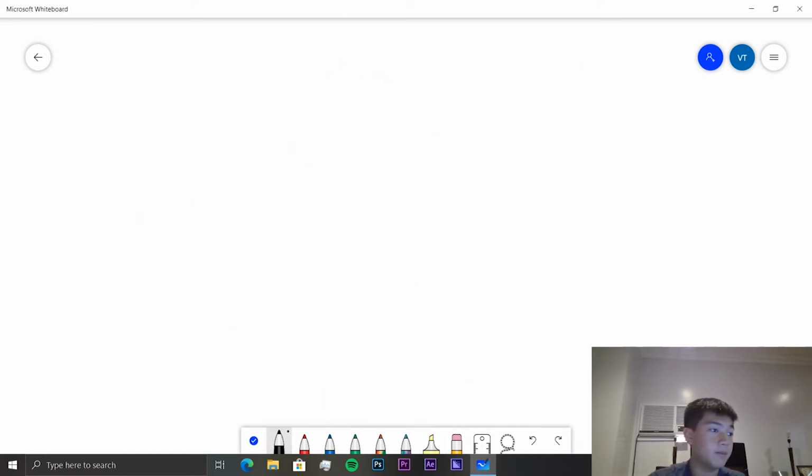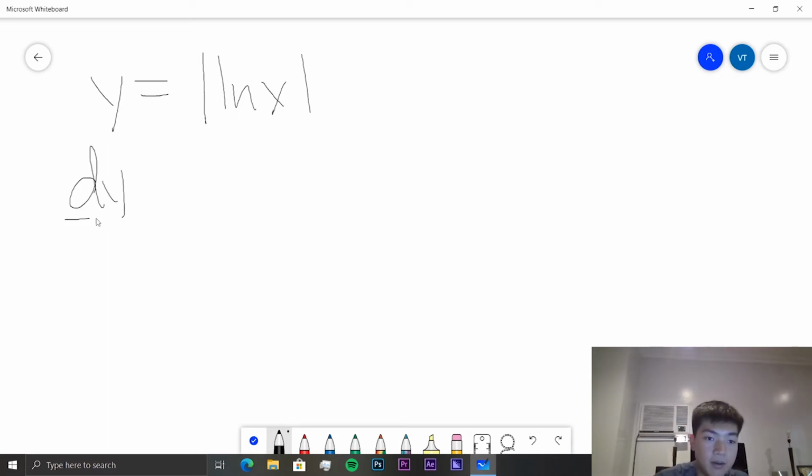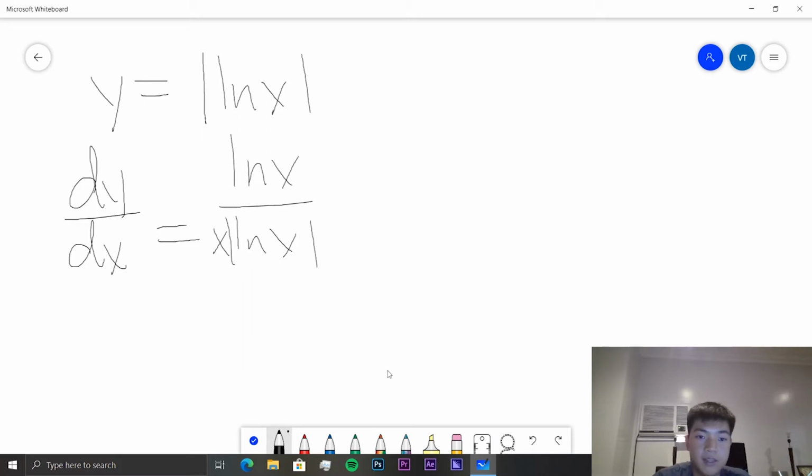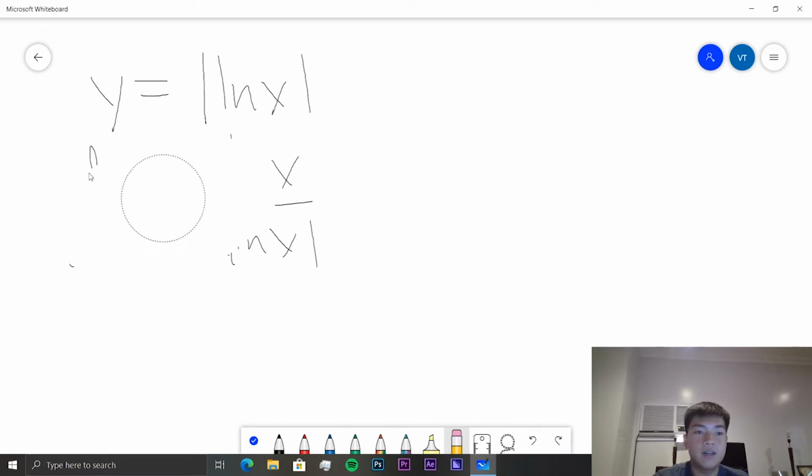We have, given that y is equal to the absolute value of ln x, show that dy over dx is equal to ln x over x ln x. So for absolute value functions, when we're getting the derivative, we need to split them into their piecewise variants. So we need to say that this function